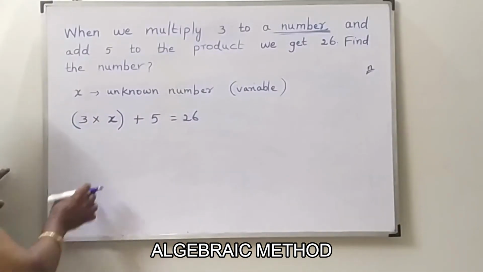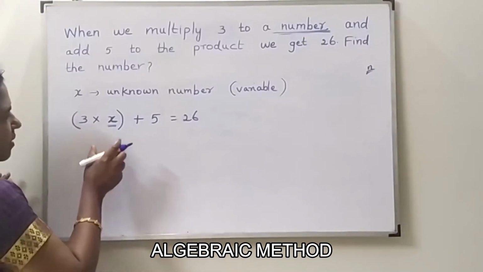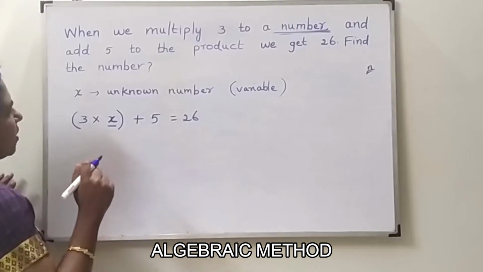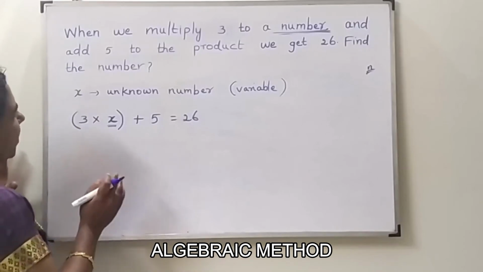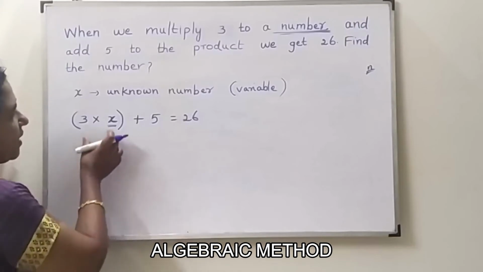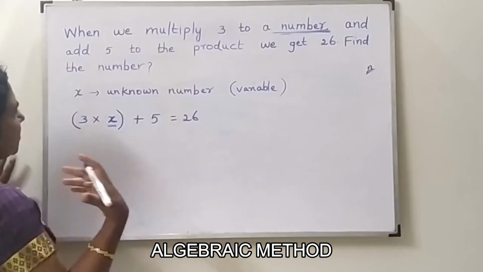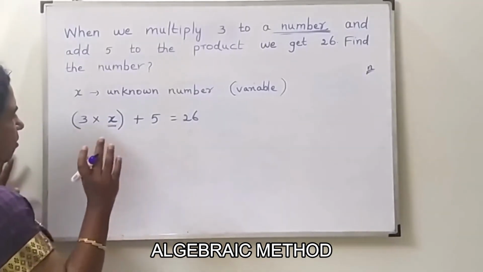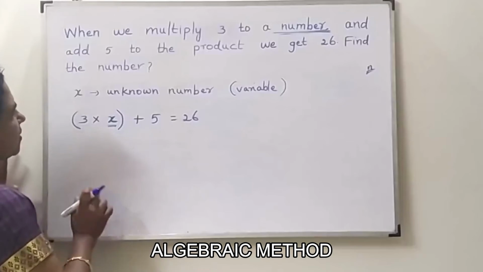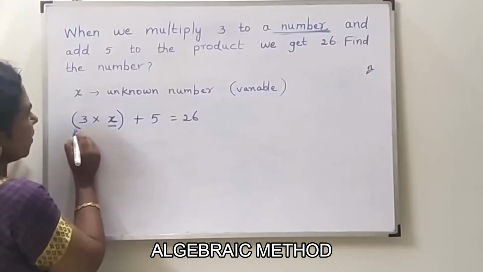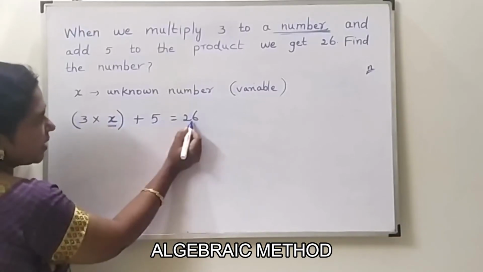Okay, now in this case, we are having the unknown number in this term. While using these algebraic simplifications, we have to keep the term which has the unknown variable on our left hand side, so that it will be easy for us to proceed. It is not compulsory that we keep it on the left hand side. It is our wish only. We can have it on the right hand side also, but it will be easy if we always keep it on the left hand side. So now 3 into x. Here we have a term which has a variable x. Here it is a constant, here it is a constant.